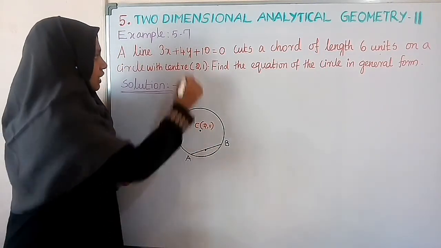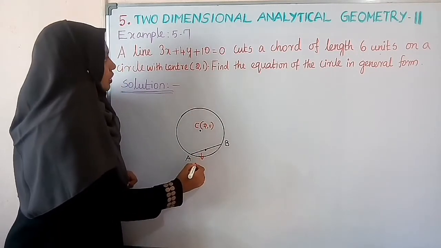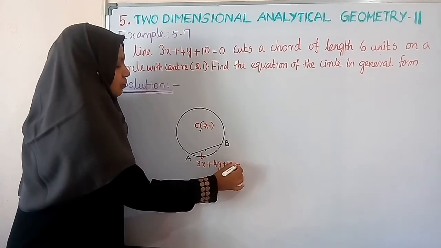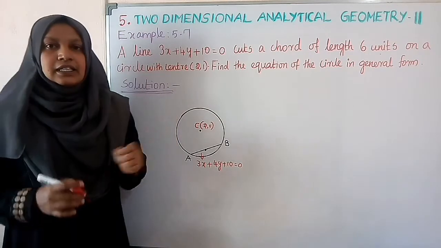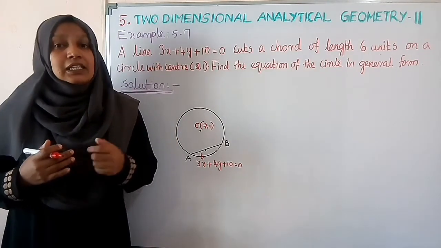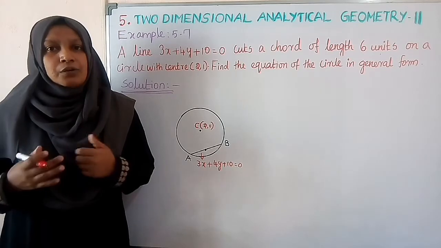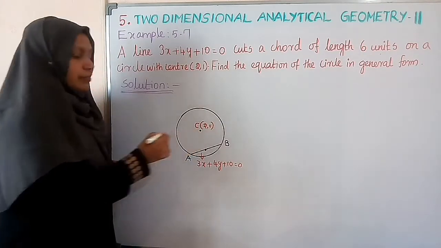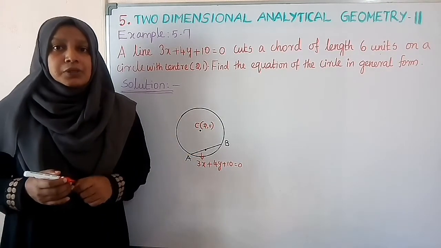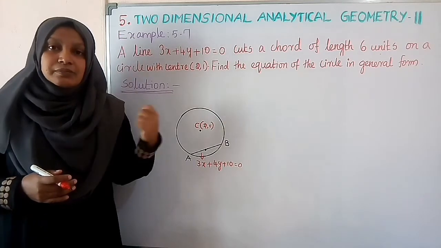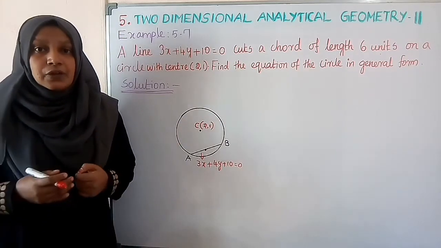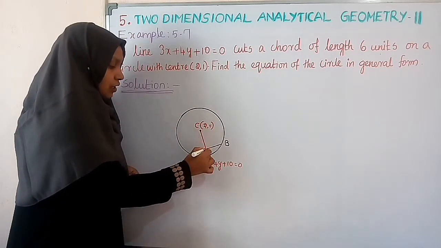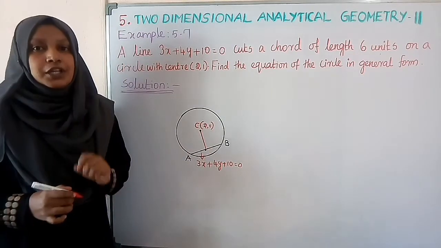Okay. And we have the equation of this chord. Equation of the chord is 3x plus 4y plus 10 is equal to 0. So we have the center. If we have the radius, we can find the equation of the circle. Yes, how are we finding the radius of the circle using the center? Before finding the solution of this question, you must know a basic result. That is, from the center, if you draw a perpendicular line to the chord, it will meet at the midpoint of the chord.